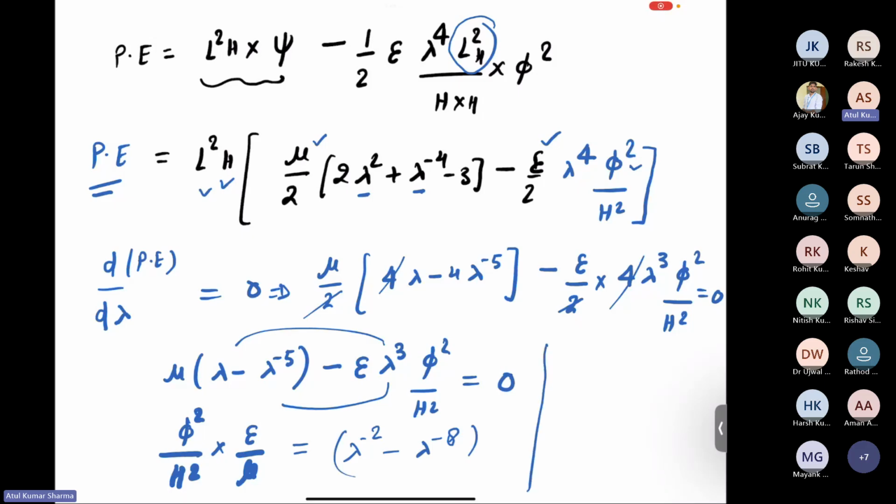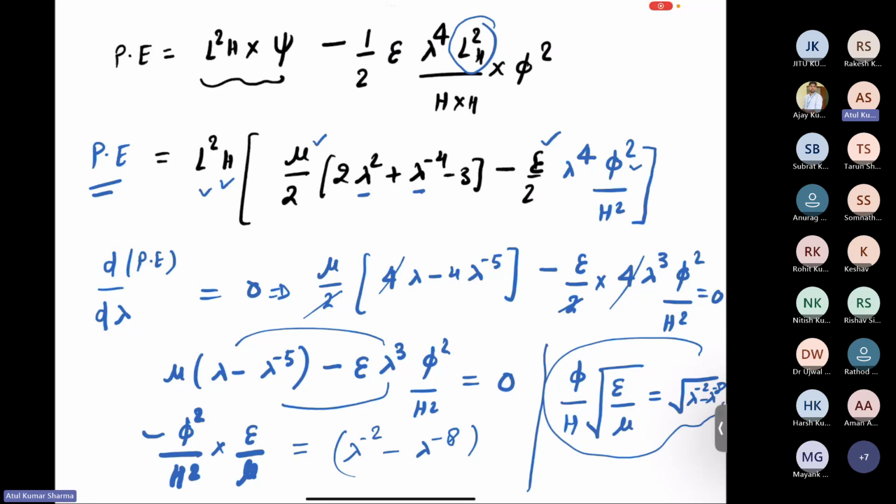Or you can write, because here it is a square term, so you can take the square root on both the sides. So this will become phi upon h square root of epsilon upon mu is equal to square root of lambda to the power minus 2 minus lambda to the power minus 8. So this is the expression for the relationship between the applied potential difference phi and your deformation parameter, that is the stretch, how much your elastomer has stretched in the lateral direction,